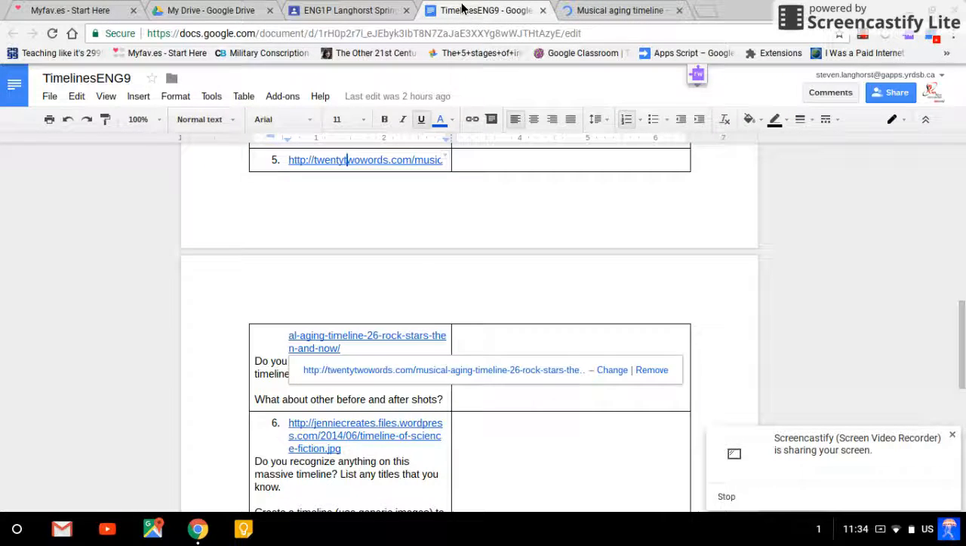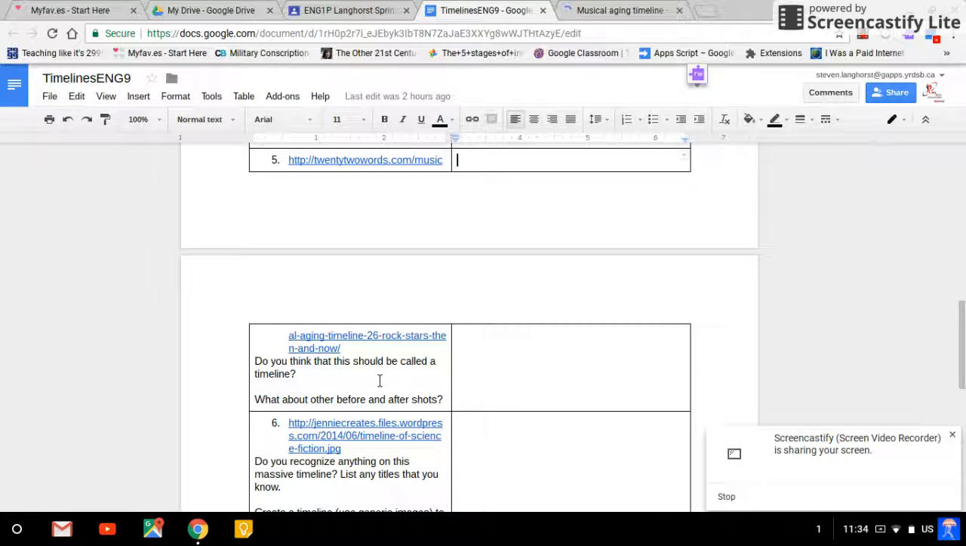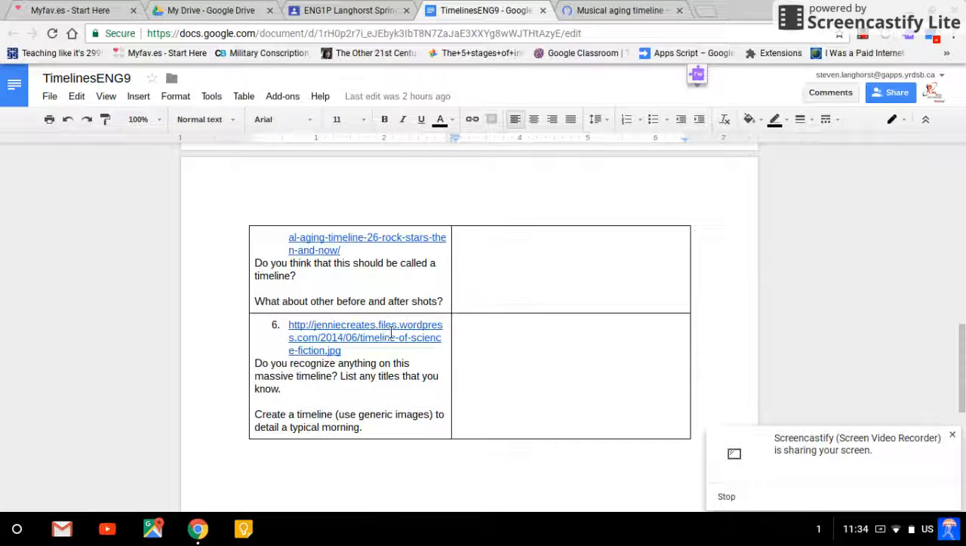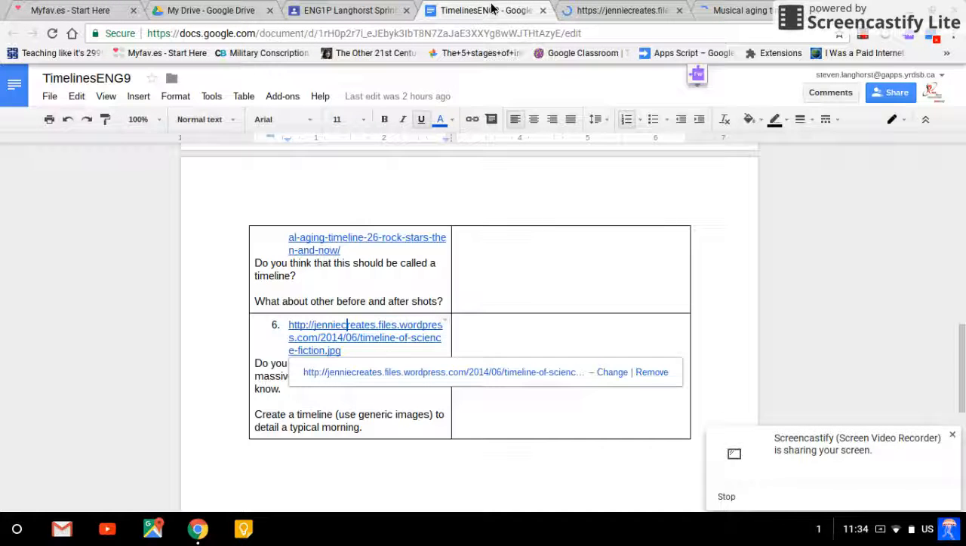So the question here is, do you think this should be called or considered a timeline? And what about other before and after shots? So that's another pretty interesting and important question. The last one on this list, and I believe this is the final question, is